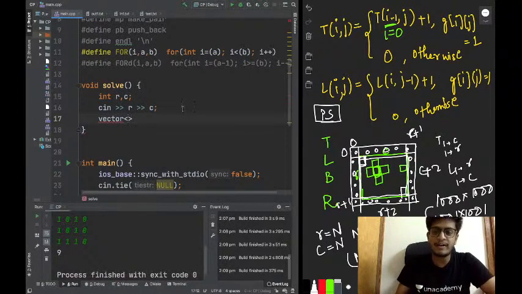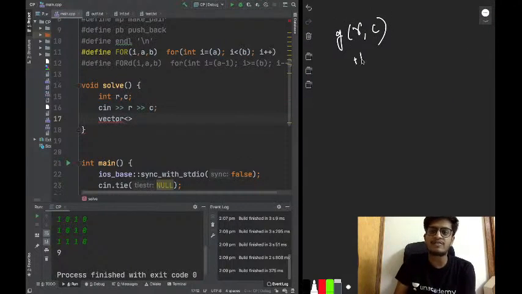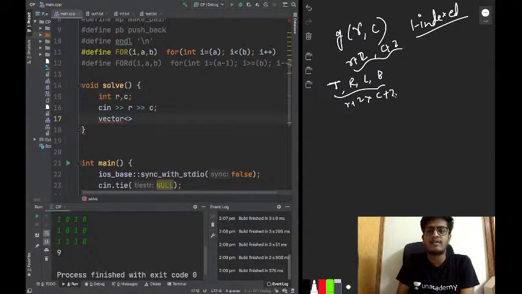So here, how many data structures do we have? We have a grid of size R cross C. I will make it R plus 1 cross C plus 1, one indexed, so that it is easy for me, and then I will create 4 more matrices T, R, L and B. Those will be useful later. And what is the size of these matrices? Again, R plus 2 cross C plus 2. Okay, so now matrices will be created using vectors.